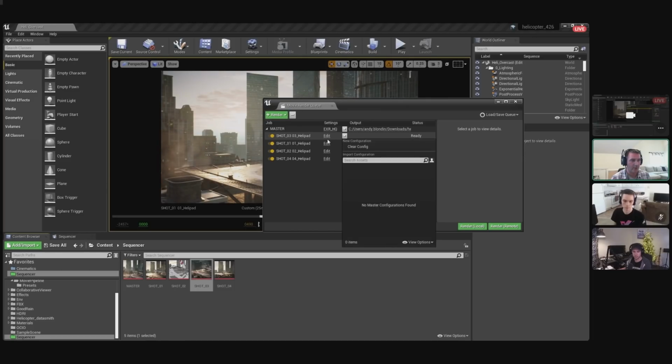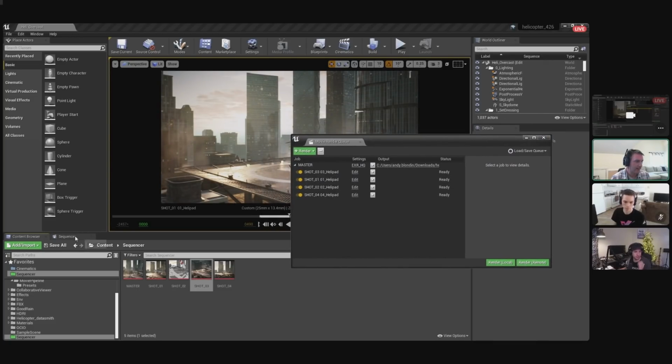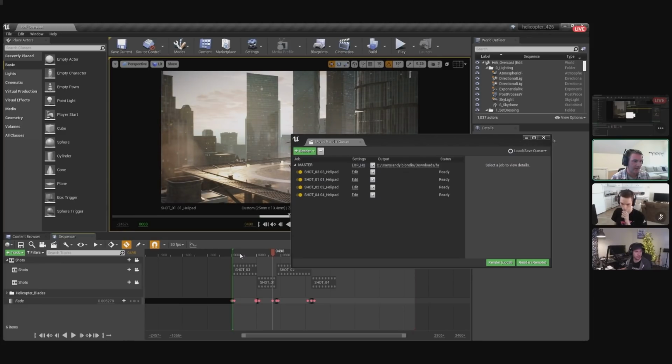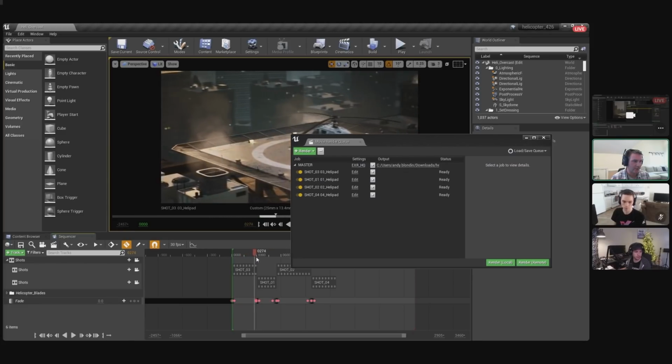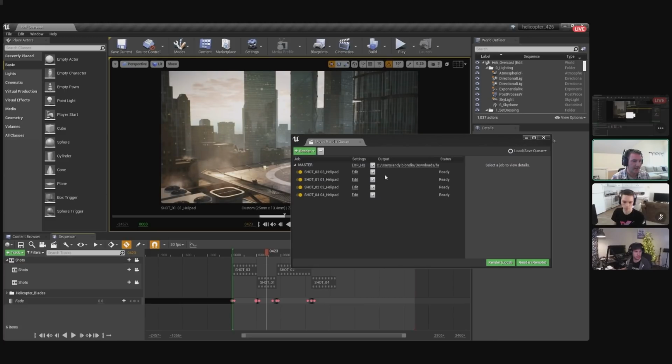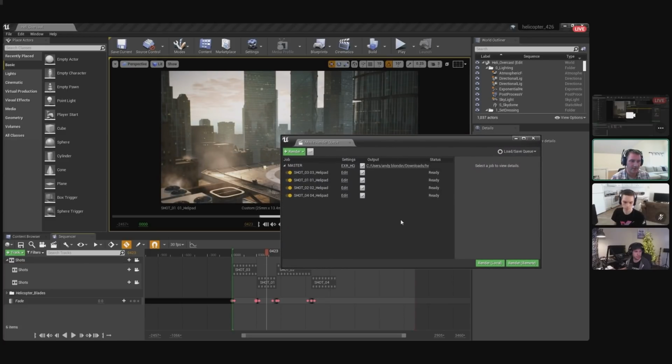And if we wanted to override, we can save out configs for that as well. So it's very, very flexible in terms of being able to batch process and render individual shots or full cinematics. And then lastly, we can click render local here. That would pop open this sequence that I have open here and render each of these individual shots. But to save on time, I'm not going to click through rendering at this moment. So I'll hand it back to Matt and we can dive into more of the slides in detail.